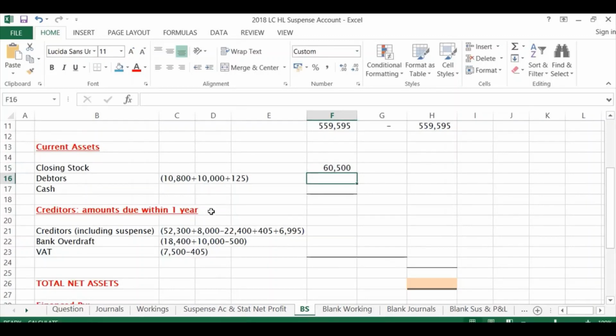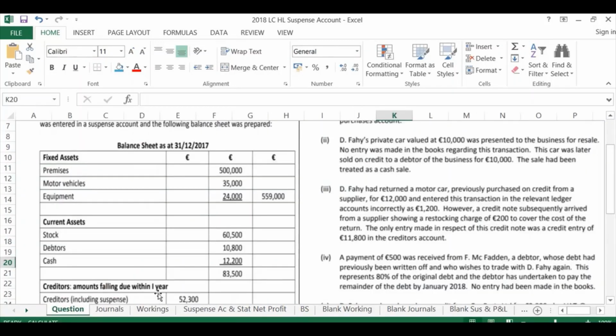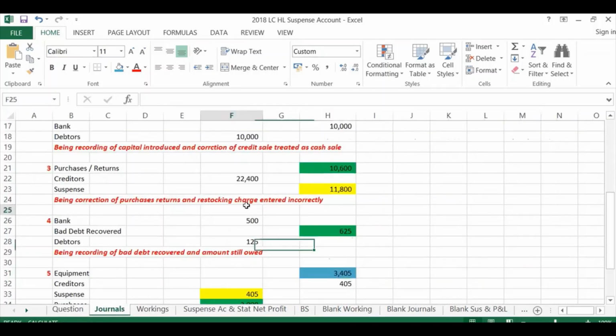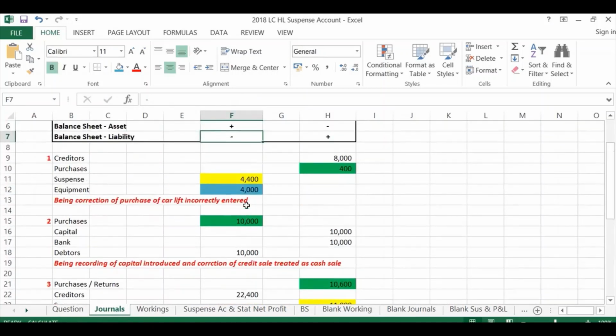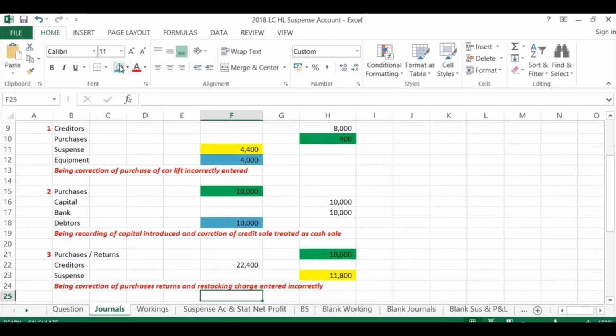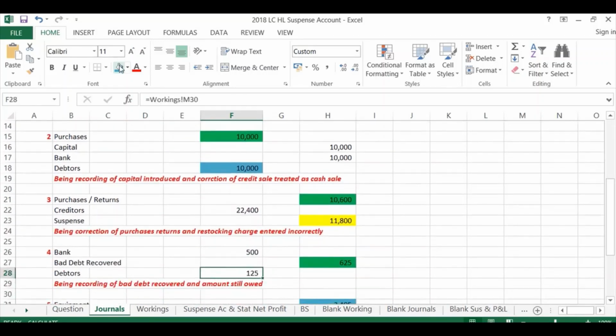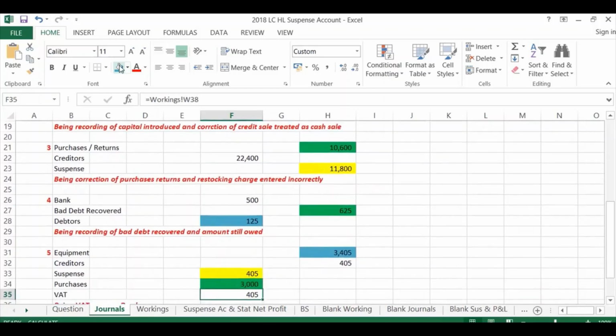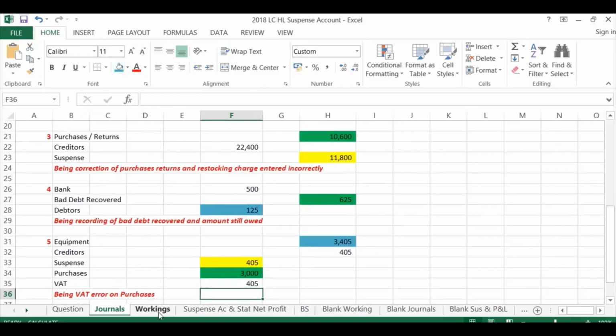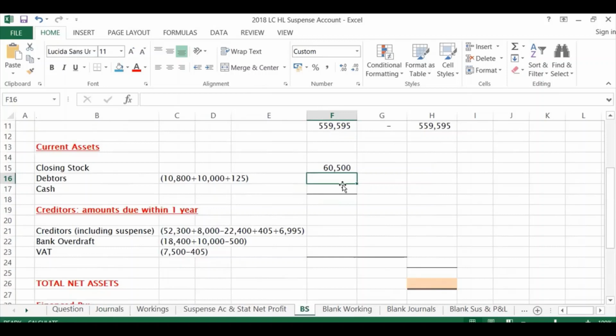There were a couple of entries for debtors. So debtors in the original balance sheet is 10,800. Now, if I go back and look at my journals to have a look at the debtors, I debited debtors with 10,000. And again, debtors is an asset, so its debit balance is going to increase it by 10,000. And here it's also a debit balance of 125, so it's going to increase it by 125. So I'm going to add the 10,000 and add the 125. So it's 10,800 originally, plus the 10,000 debit entry, plus the 125 debit entry, and that is going to leave me